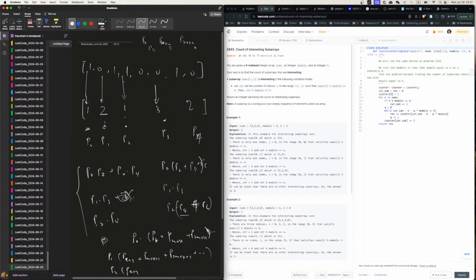So now we have a prefix sum of all these sums,